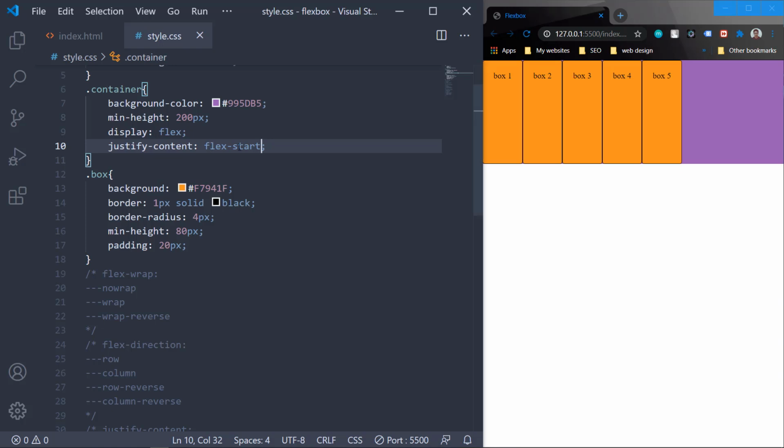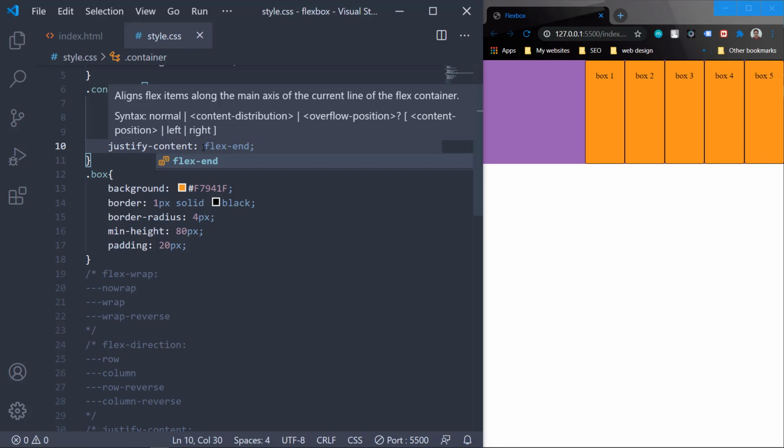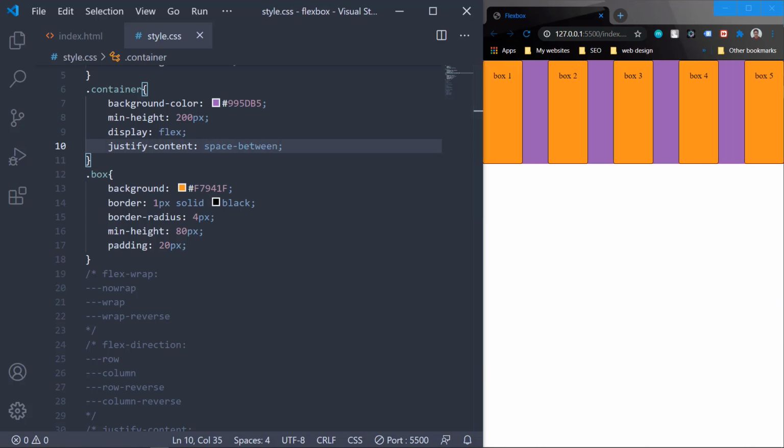If you keep the value as flex start, nothing has changed, and it starts from the starting point of the flex box. If we give this a value of flex end, it will push to the end. If you want to position them at the center of this flex box, it will be center. Now they are all in the center. The most common value we are going to use is space between. In this case, the items will be evenly distributed in the line. The first item will be at the start point and the last item will be at the end point, and all of the space available will be distributed evenly among the gaps around the other boxes.